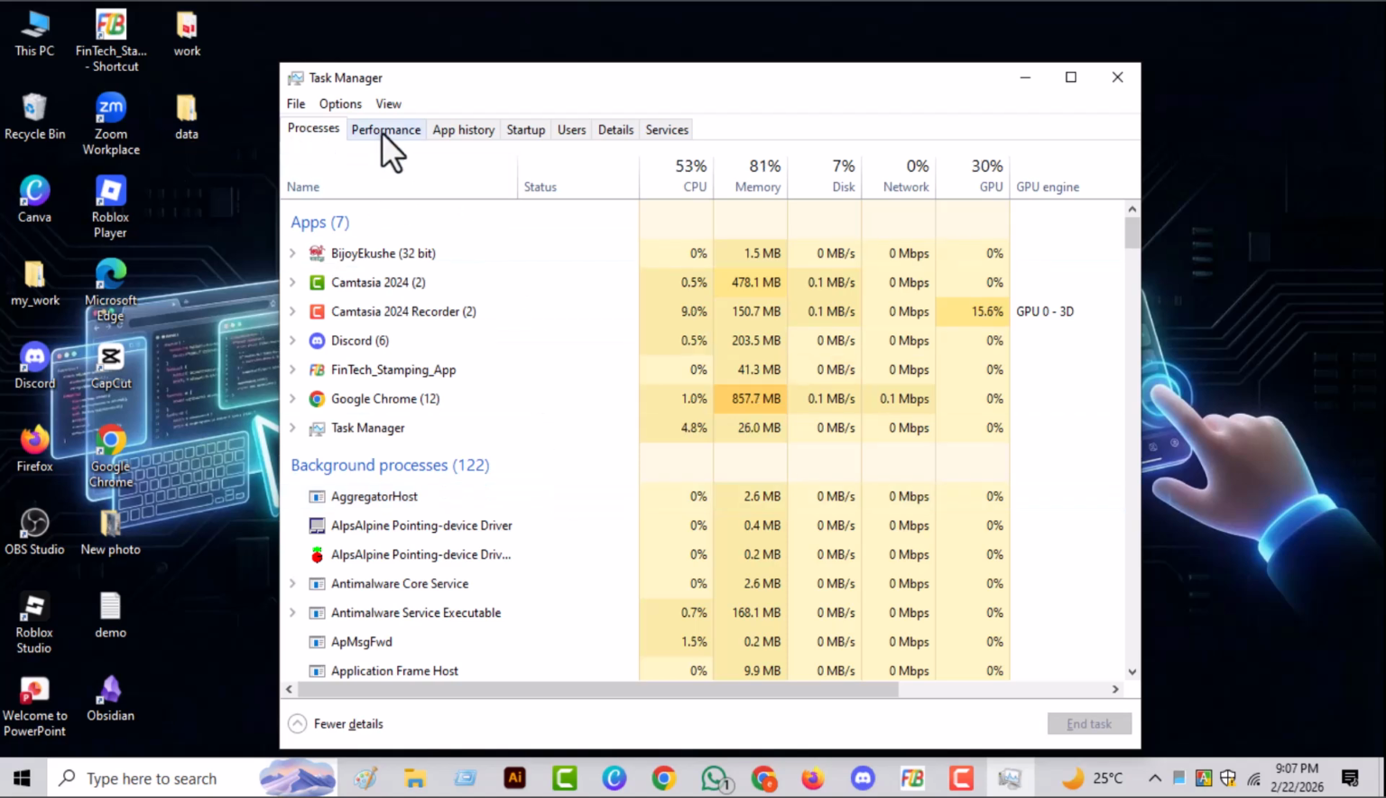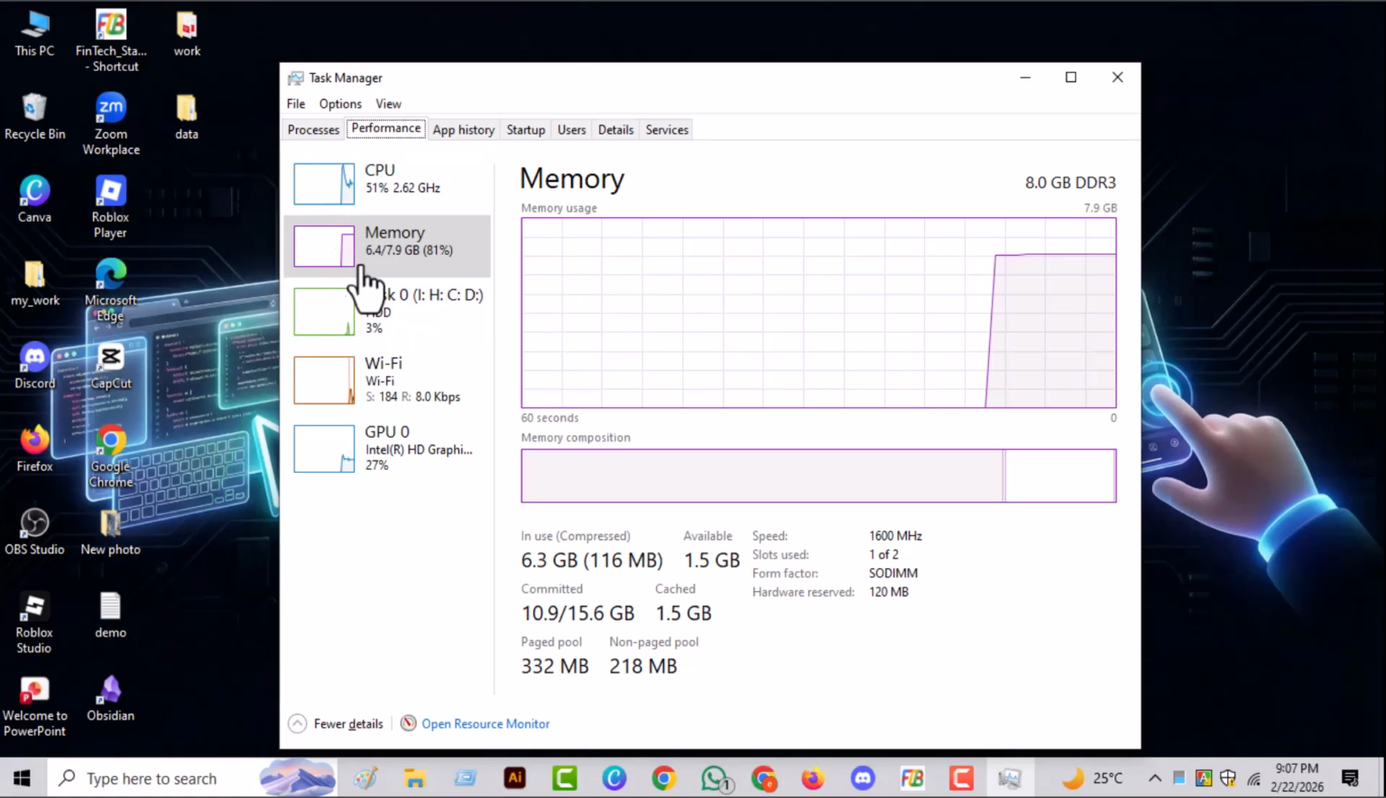Step 6. In Task Manager, click on the Performance tab and select Memory to view your RAM details, including total, used, and available memory. This method also shows real-time usage, which is helpful if you want to check how much